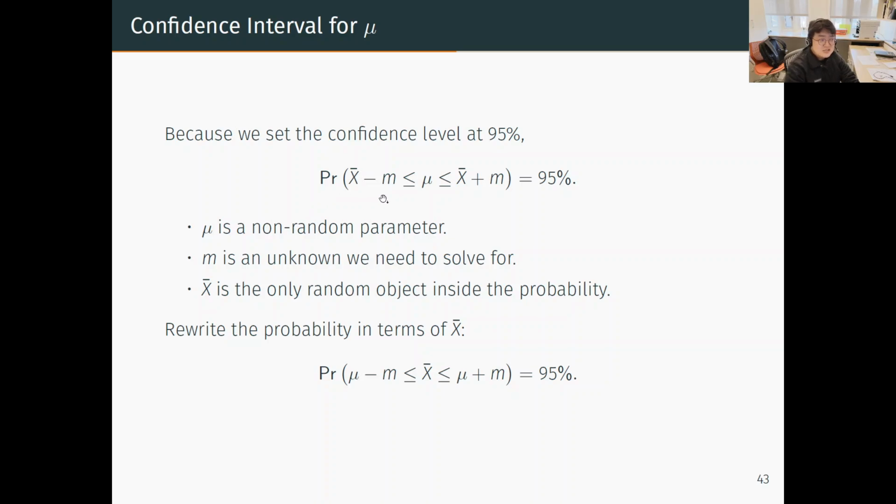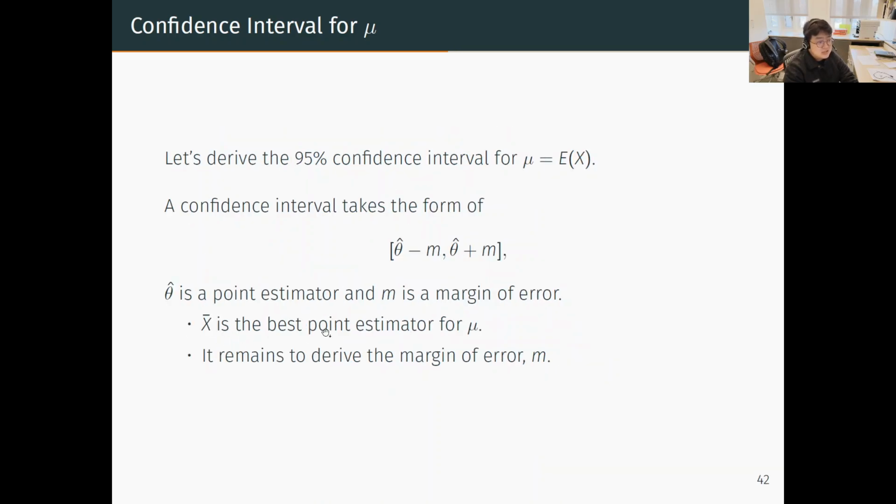This is the statistical expression of what I just described, right? I should have mentioned this. We will restrict our attention to the estimation for the mean, right? We are interested in the mean. This covers a lot of estimation problems in your life, so I will restrict my focus on the mean estimation. And then we know that X bar, the sample average, is the best point estimator. So the point estimator is already given to you. So we just need to calculate the margin.